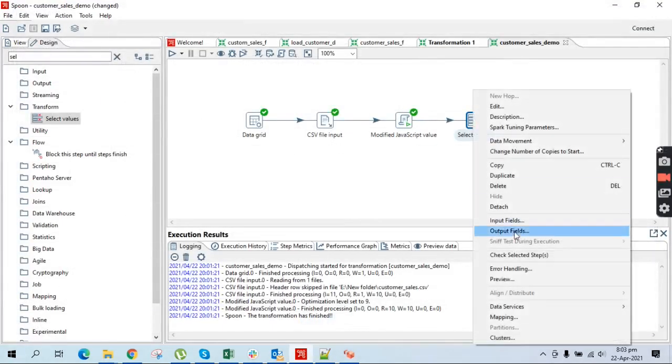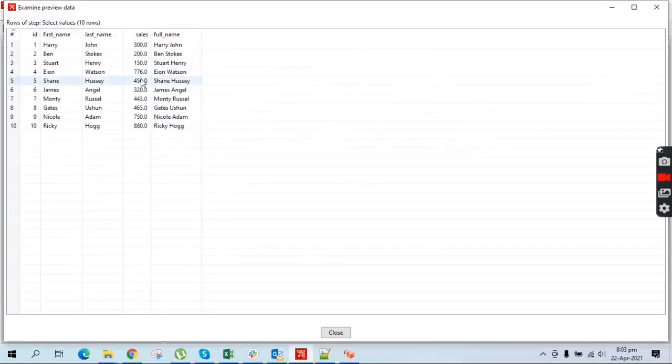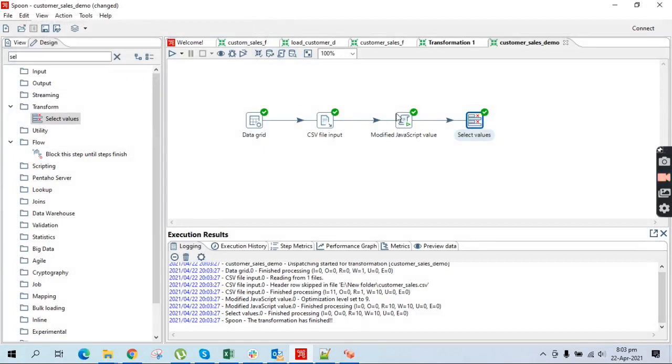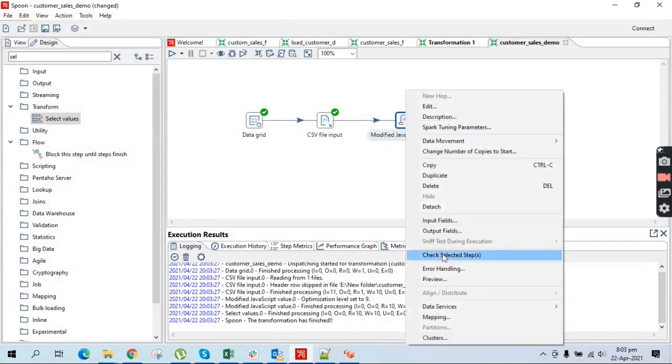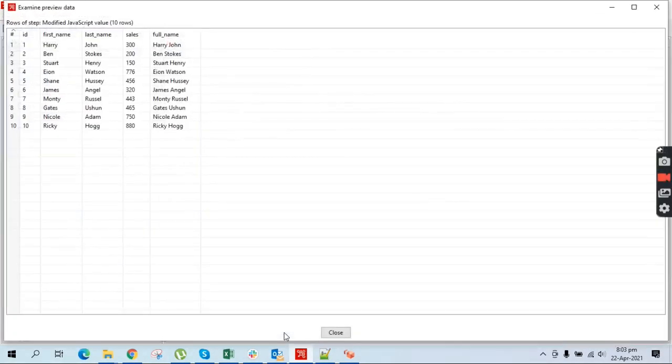Now we will see the preview, quick launch, and you will see that sales is number, okay, and ID is integer. And you can see in the previous step, if you preview this component before the change, the ID was a string and sales was also a string.